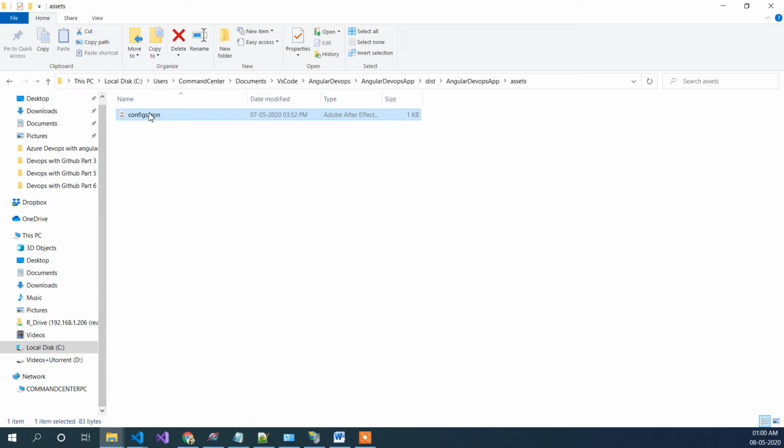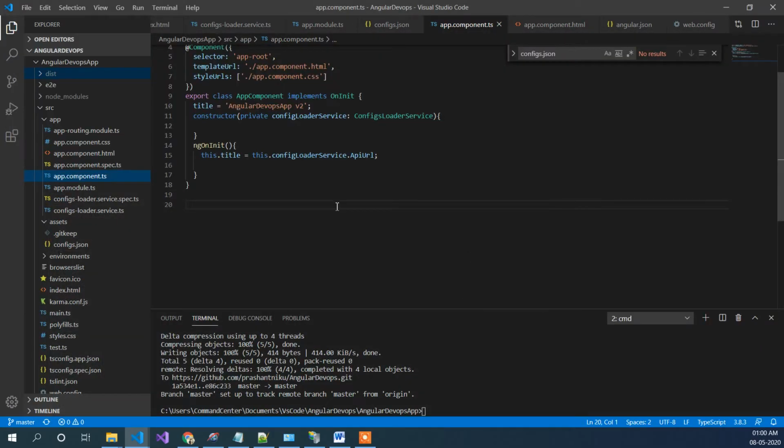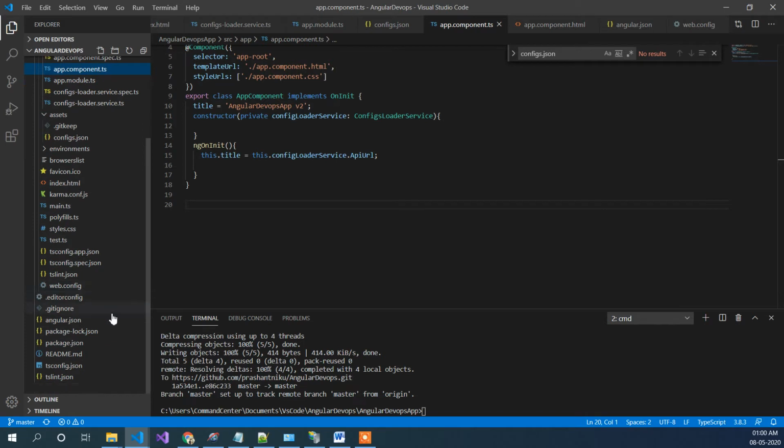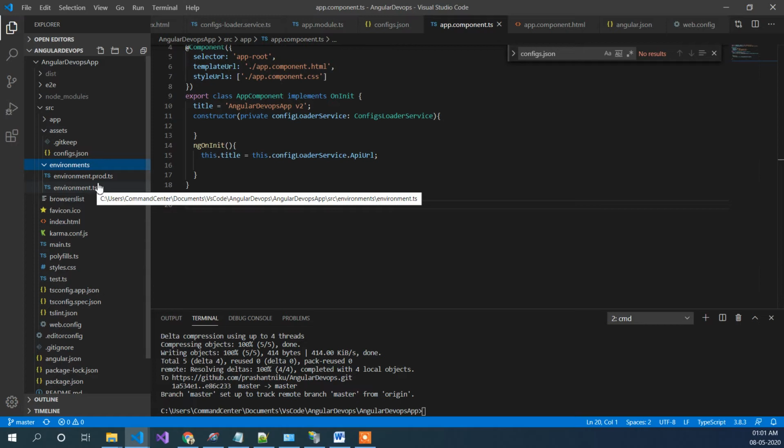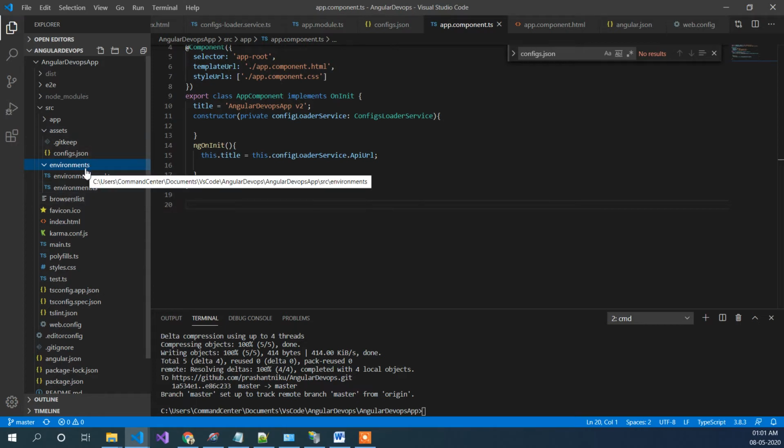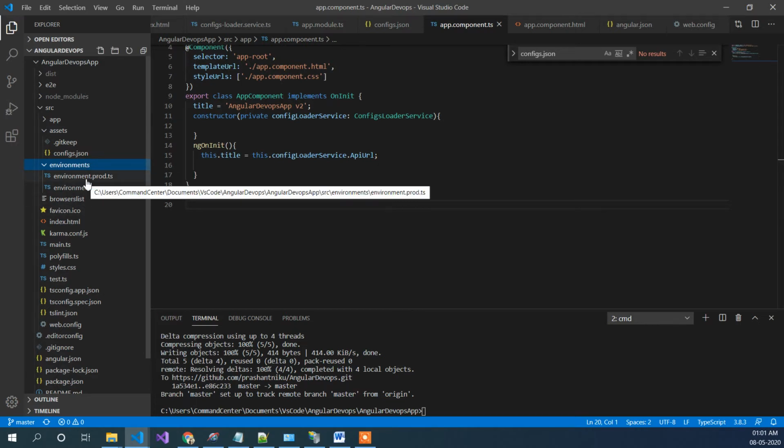The main benefit of having that is we are able to manipulate it. There is another way we can do that, I think: the environment files. We can build by passing some flags according to the environment we have. The main problem is that Azure DevOps doesn't work that way, because when you build the whole app, it will also get clubbed with other JS files, so it's really hard to manipulate inside it.